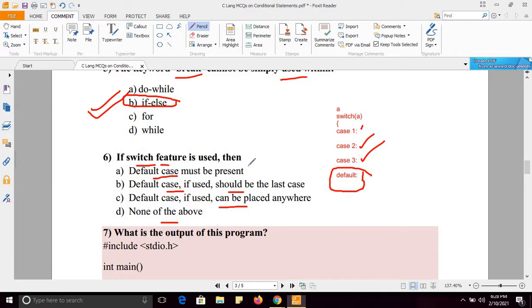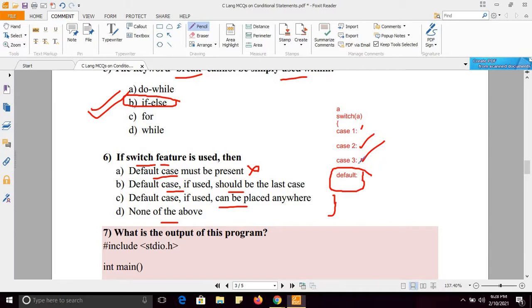So this statement is false. Default case must be present. It is not like that. It is optional. You can use the default case or you cannot use it. It's up to you. Default case if used should be the last case. If I want to use the default case, it should be the last statement, or I can use it anywhere.